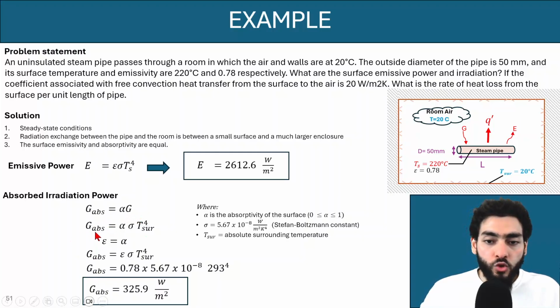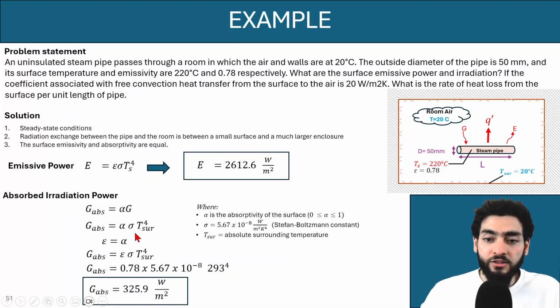And so the absorbed irradiation power is the absorptivity of the surface, which is anything from 0 to 1, multiplied by the irradiation power,